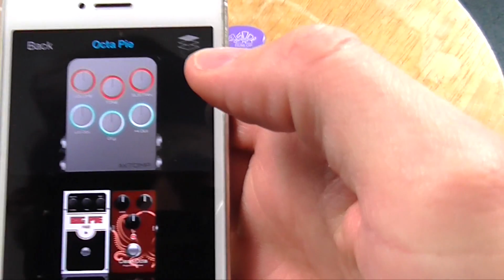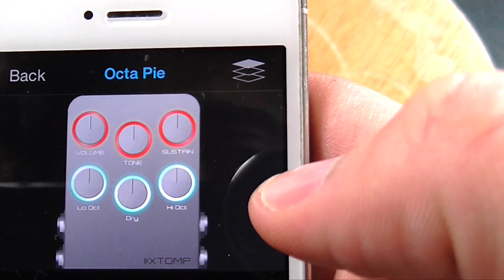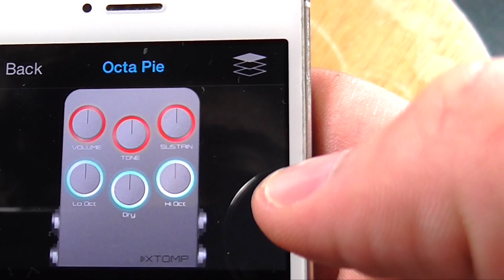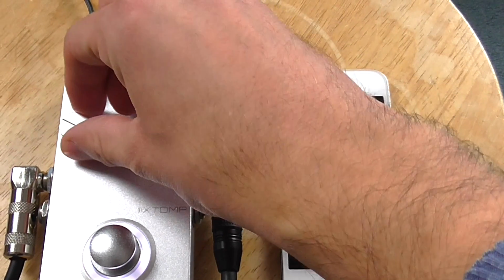Yes. So once again, it's a bit of a wait when you haven't loaded it before, but once you've done it, it's pretty much instant, which is cool. So you can see the controls going on there. We've got volume, tone, sustain, volume, dry, and high oct. So yeah, the muff settings are at the top and the octaves up there. So if I put the volume there, because